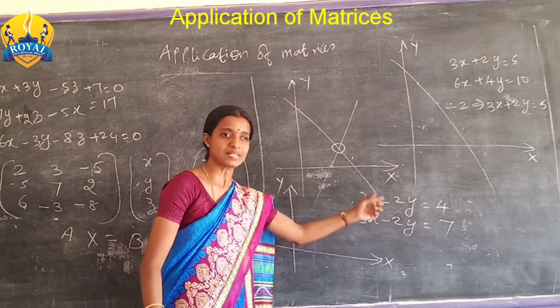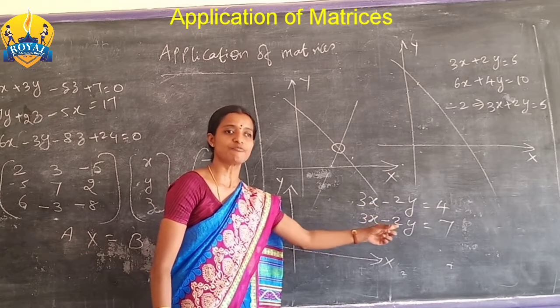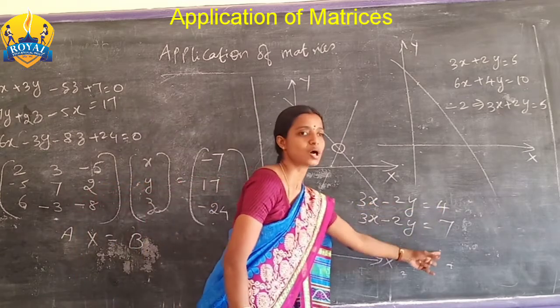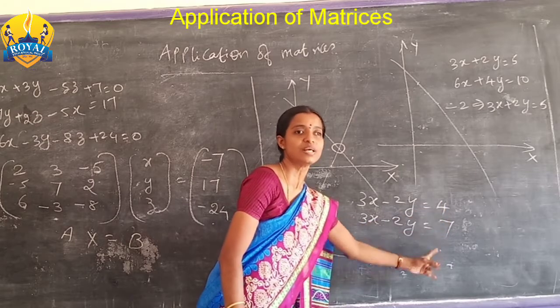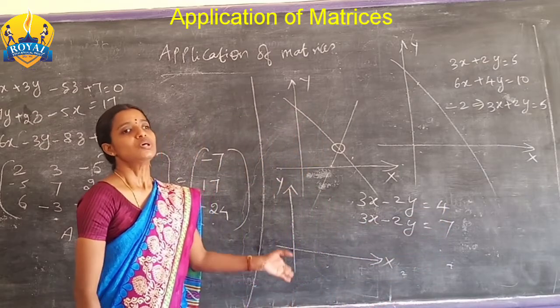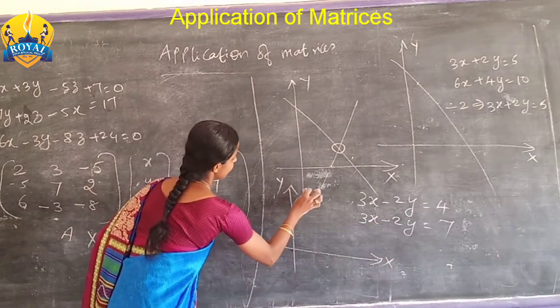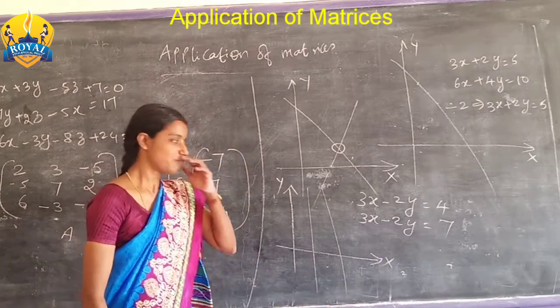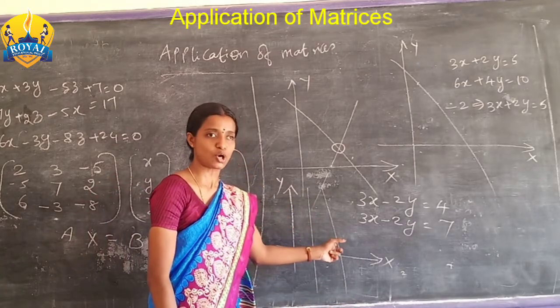Here both the lines look the same. My coefficient of x, coefficient of y, everything is the same, but they differ only in the constants. So this kind of equations represent parallel lines. If two lines I am able to draw,